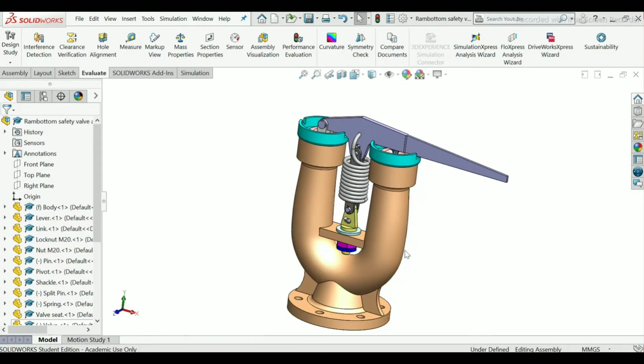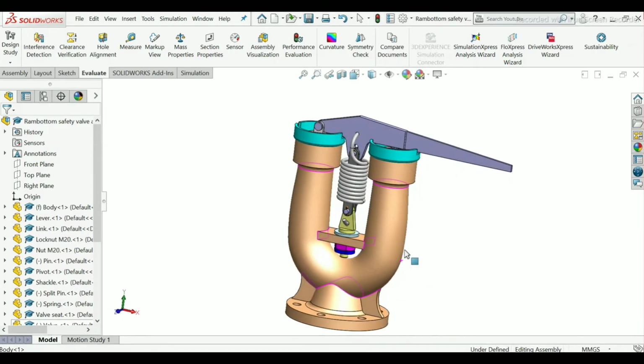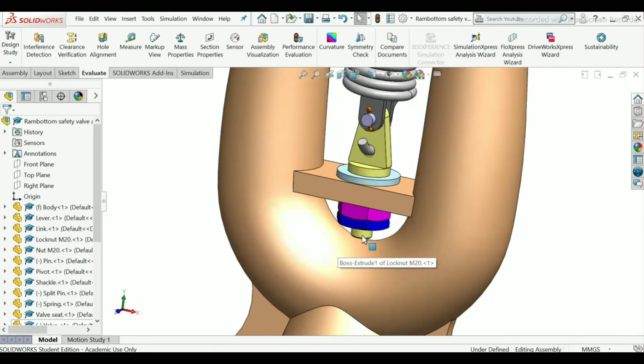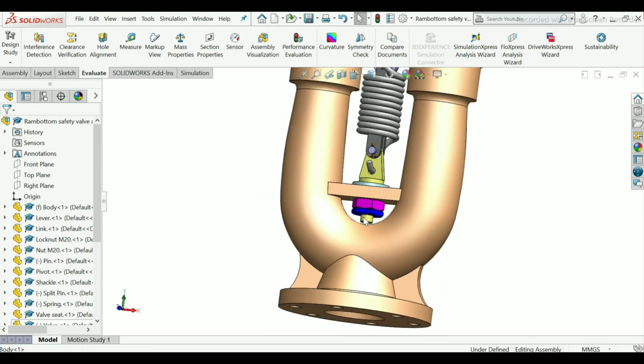Today I will show you our next assembly model, that is ram bottom safety wall. In this model you can see one spring is in between, and in the upper portion there is a lever to pull it out, and in the bottom side you can see two nuts are placed here on a shaft or shackle.